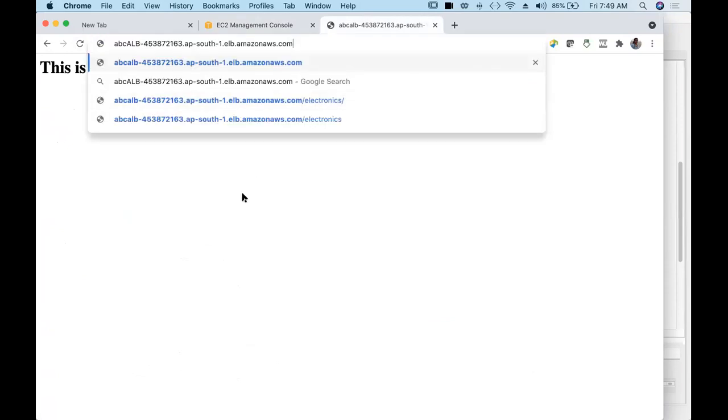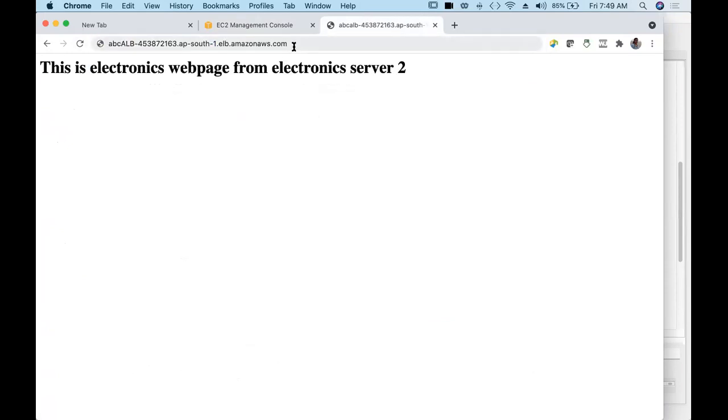When I am not giving any path, what's happening? It's going to the electronics target group and to the default HTML page, which will be under the HTML folder. So this is my test HTML web page.